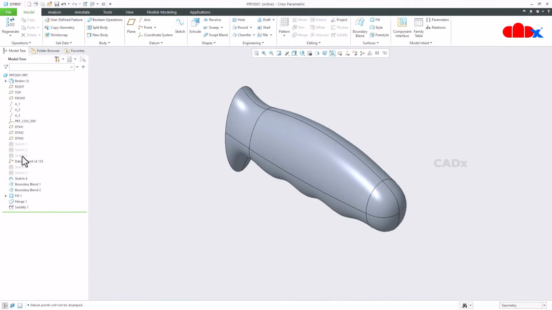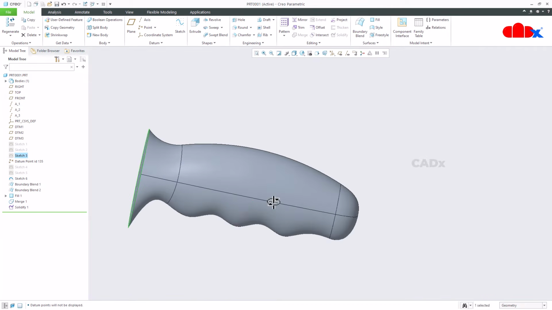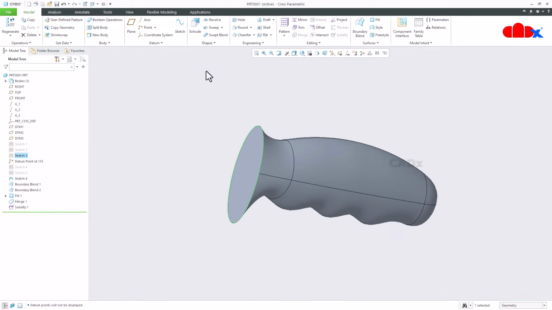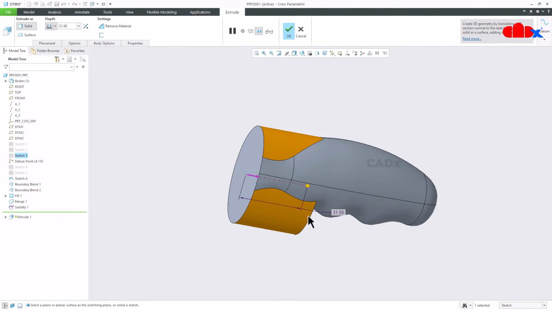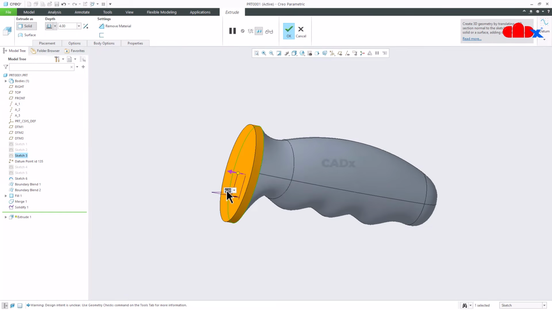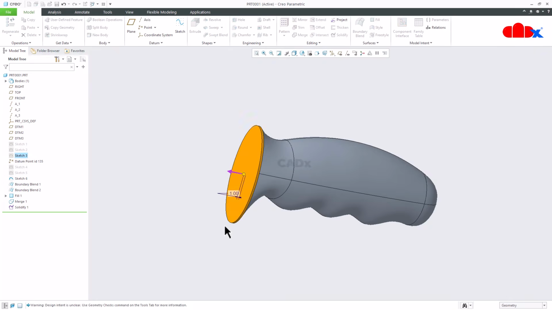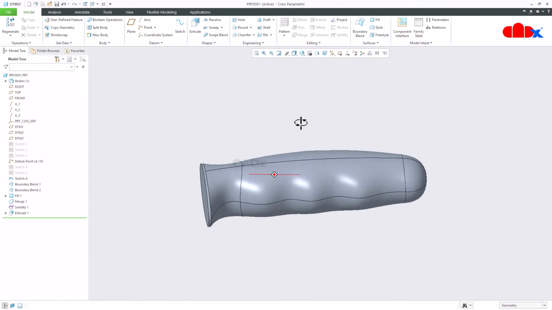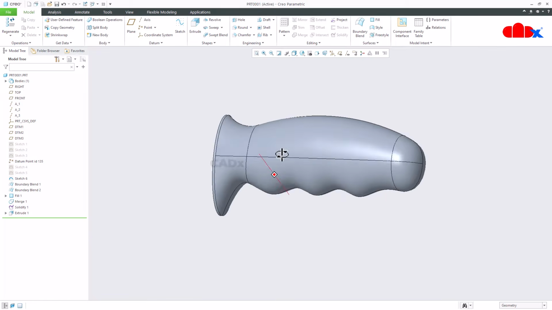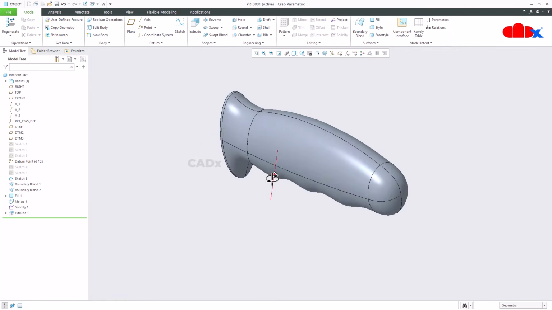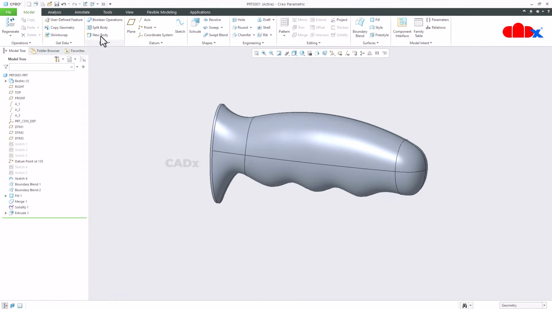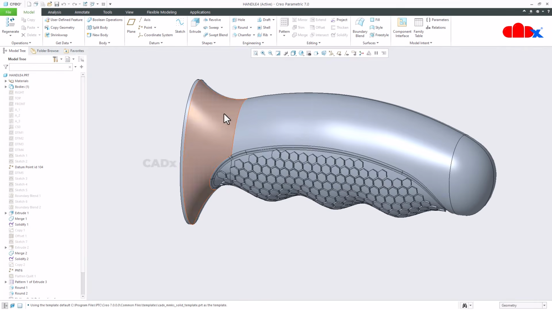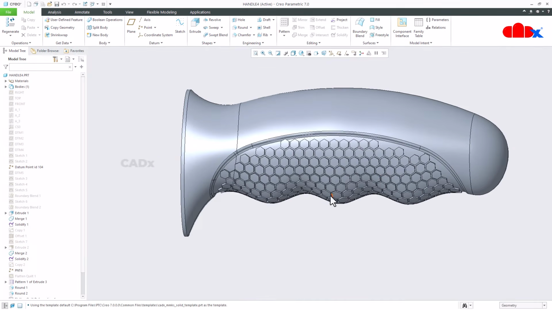Now once again I will select this sketch and I'll go for extrude. This I will take it as 1. Say OK. So the handle is done. Now the next thing is creating these grips,